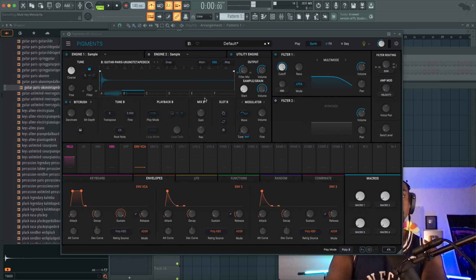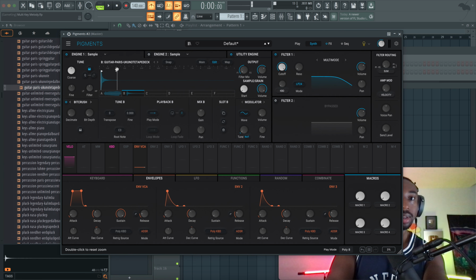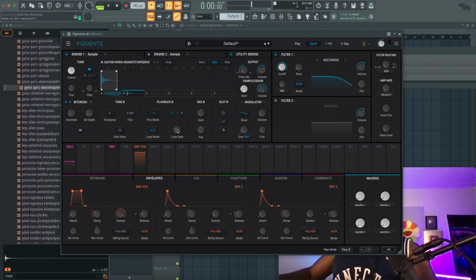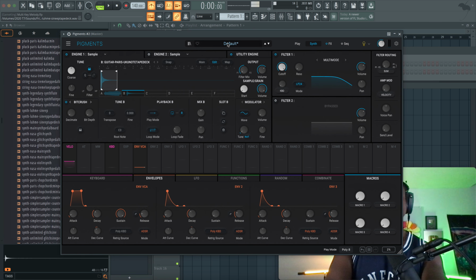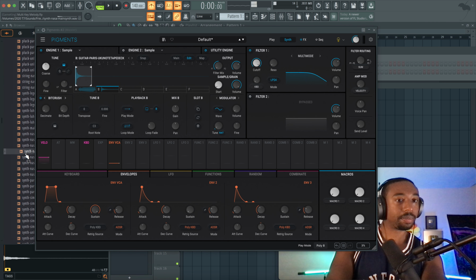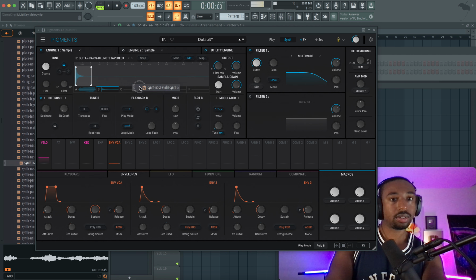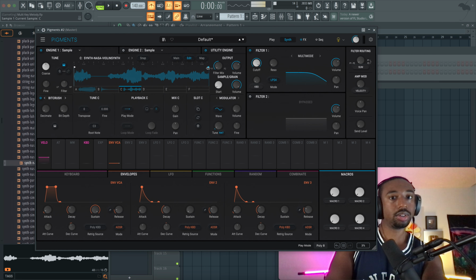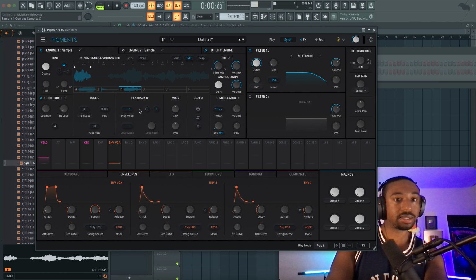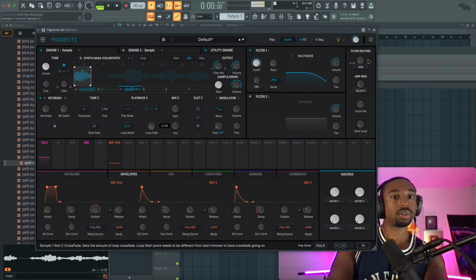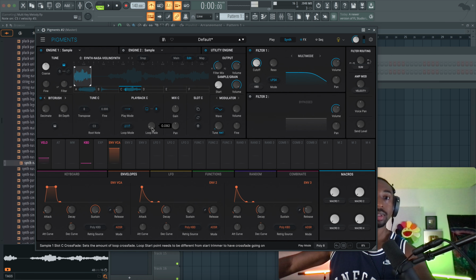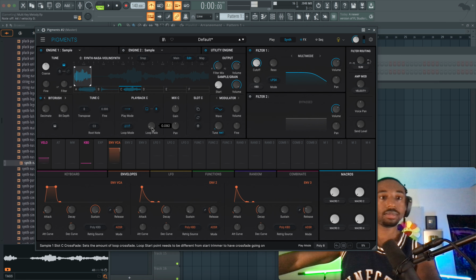Okay, let's drag this onto B, and we need to edit this, get rid of that little gap in the beginning, and then get rid of this long gap. We need to loop it, forward-backward looping, loop fade. Okay, so it creates a unique sound, and let's pick one more sound. I'm trying to fight for screen space here. Okay, let's go here on C. Now again, usually I put up to 6. It's probably best you do 6 layers because it's just more randomness, but for this mini tutorial, I'm not going to sit here and do all 6. Okay, so now we have that sound.